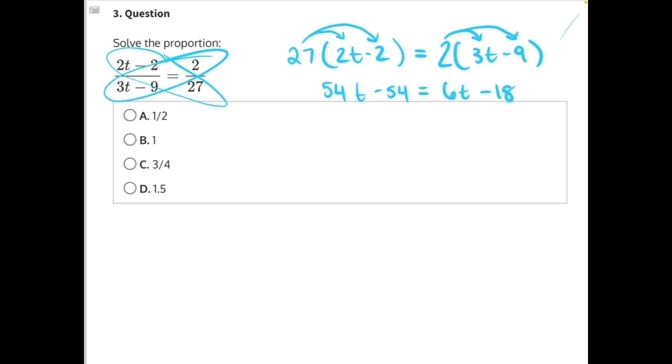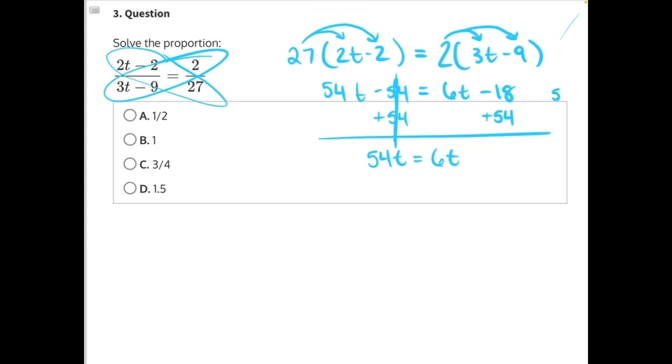a negative 18. Now we can start doing opposite operations to combine our like terms and isolate our variable. Let's start with this 54. 54 is being subtracted, so the opposite of that would be to add 54 to both sides of the equation. The 54's here will cancel, leaving us with 54t equals 6t, and then adding to a negative is the same thing